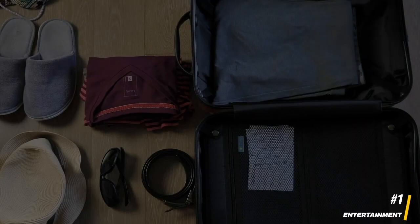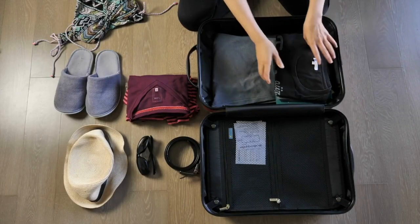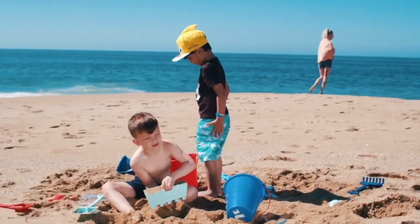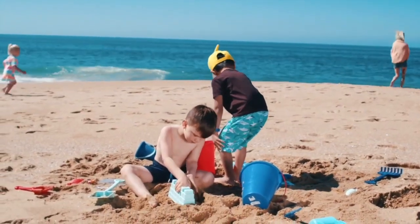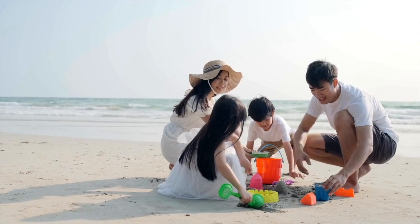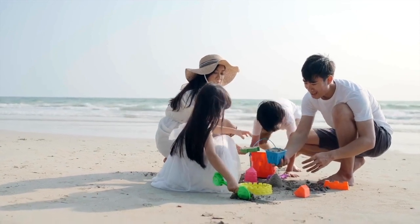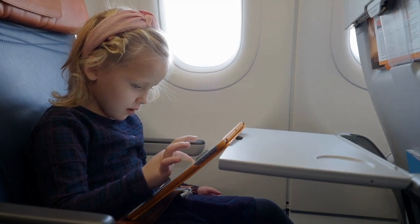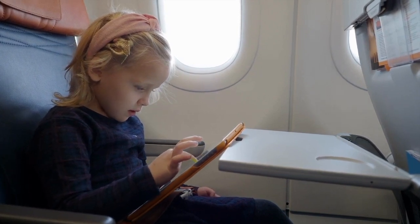1. Entertainment. Ensuring your children remain engaged and happy during a long flight is a top priority. To achieve this, it's essential to pack a variety of entertainment options. Consider bringing tablets loaded with their favorite shows or movies, along with kid-friendly headphones to keep the noise level in